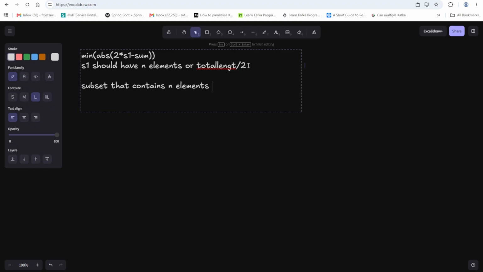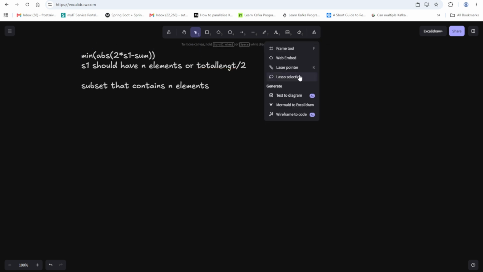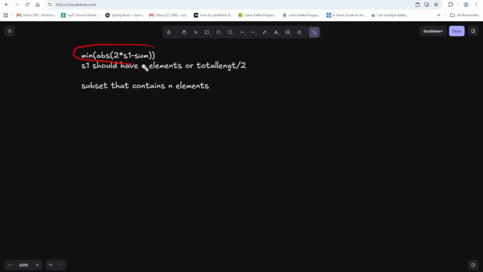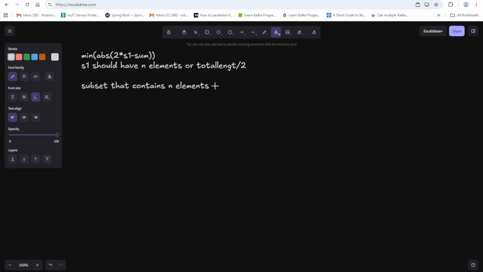Now if we want to minimize this part, the minimum of ABS 2 into this part, what would our S1 be? Then only we can minimize this. So if we say S1 should be as close to total sum by 2, right? Then only we can minimize this,